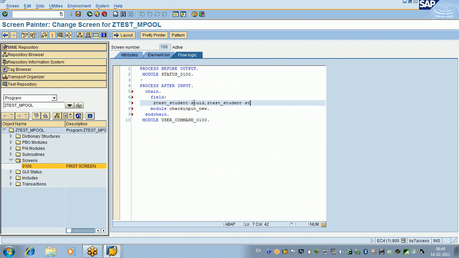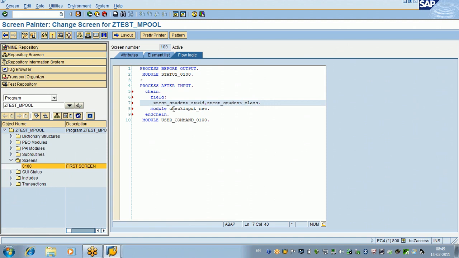Maybe, correct, the spelling, I don't remember the field name. I need to see. So like that you can give 2 or 3 fields,